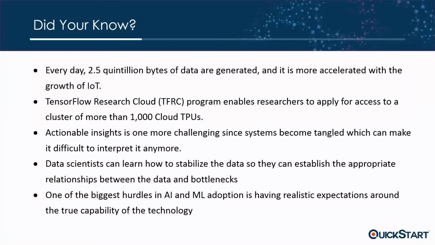Data scientists really go and do a lot of different things, but mainly it's about understanding and stabilizing the data, and understanding the relationships between the data and bottlenecks. One of the challenges when you have all of this data coming from all of these different sources is trying to understand, how do we sort it out? How do we put it in a data lake and actually make it work? And when it's in the data lake, we have to understand too that there's different types of data. There's basically data that is structured, and there's data that's not structured.